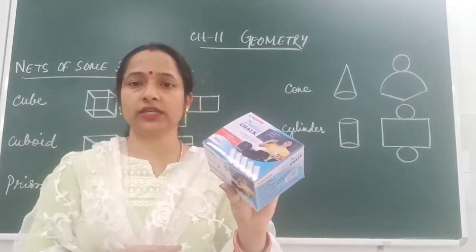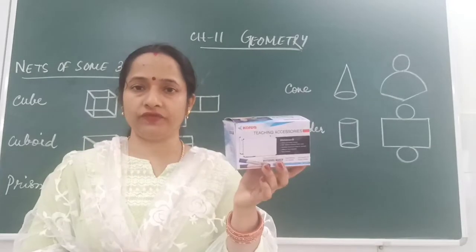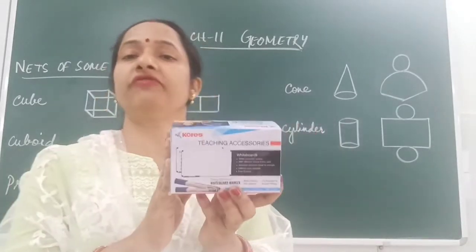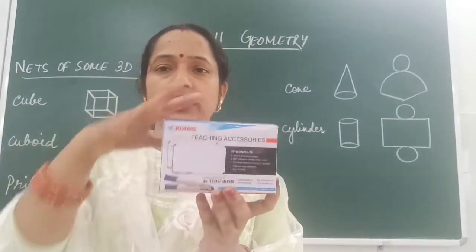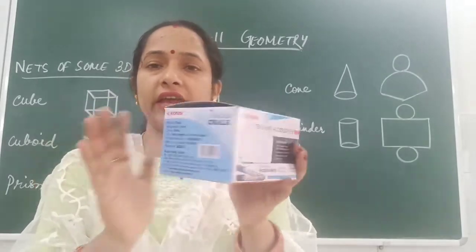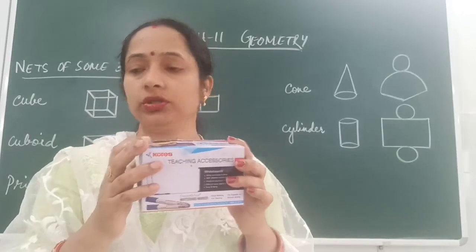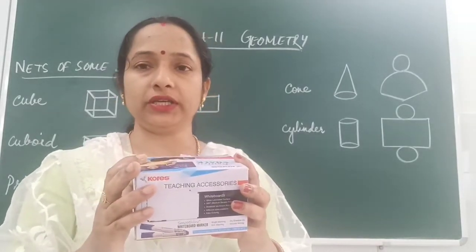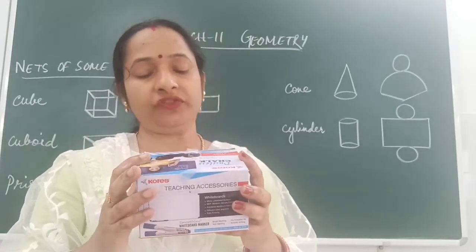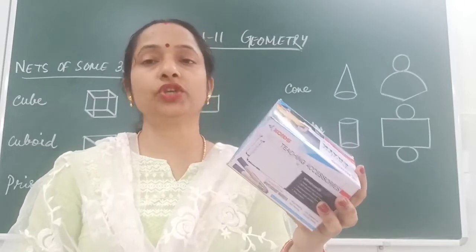This is the chalk box, an empty chalk box, and I want to show you the net of this cuboid. First of all, in this particular cuboid, how many faces do we have? We have 1, 2, 3, 4, 5 and 6. We have 6 faces in this. Now I am going to cut it and open it and show you how the flat figure, or the two-dimensional figure, of this particular cuboid will look.